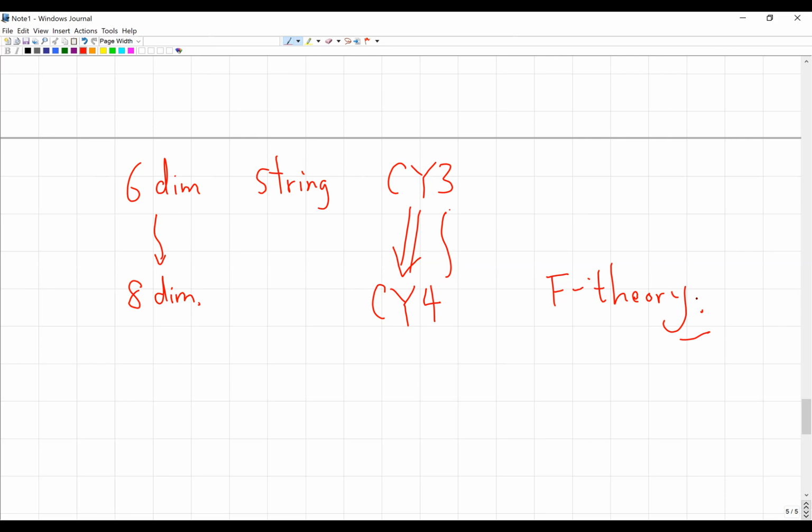Yes, please. In the last minute of the first part of your talk, you mentioned that F theory is related to the octonion, right? How does the octonion come into play in this story, in the Calabi-Yau fourfolds?